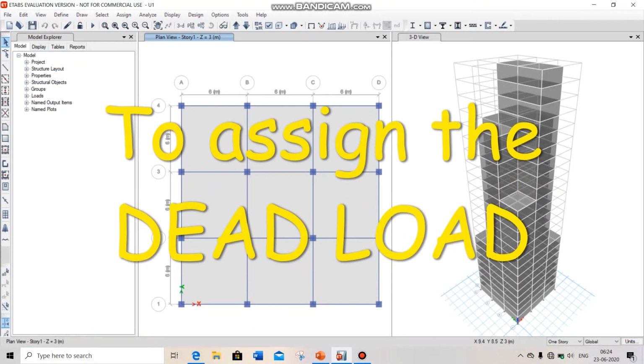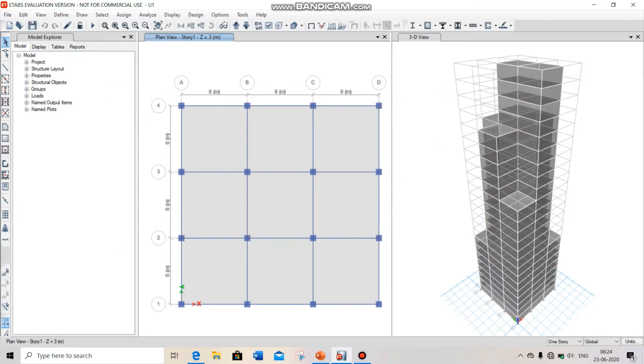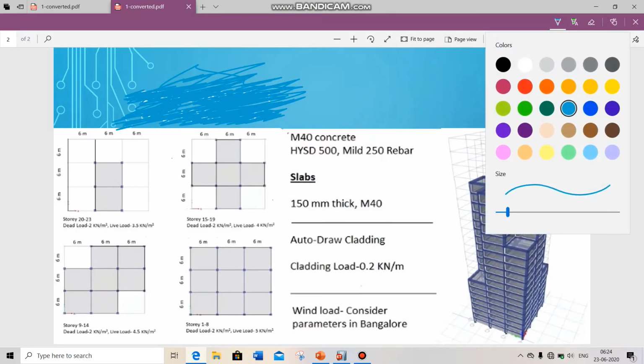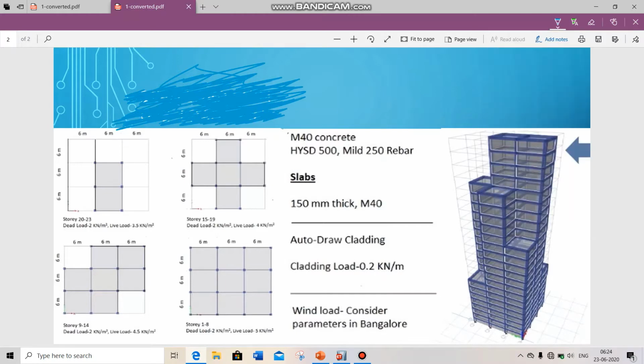First of all, you have to select all stories from the bottom right corner, because dead load is the same for all stories. It is shown here. You can see dead load for story 1 to 8 is 2 kN per meter square, and story 9 to 14 dead load is 2 kN per meter square.